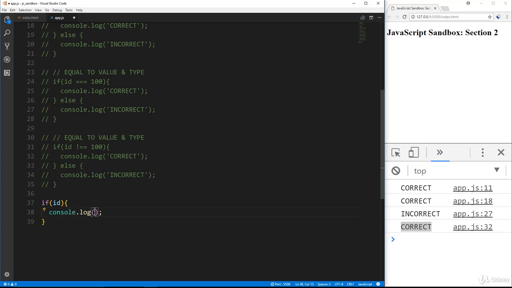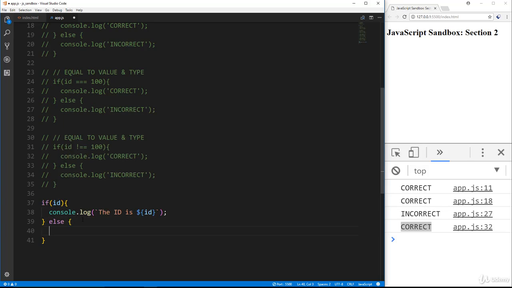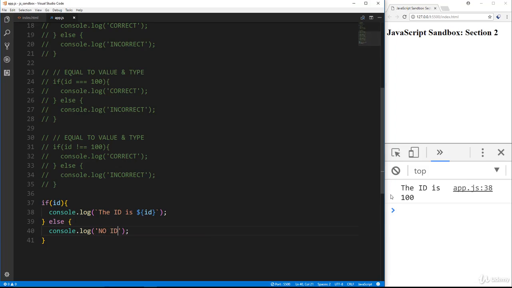So I'll put this inside of a template string, so I'll use backticks, and we'll say the ID is, and then we can put a variable like this. Okay, we already went over the template strings or template literals. Else, then let's console.log no ID. All right, so if I go ahead and save this, it's going to say the ID is 100,